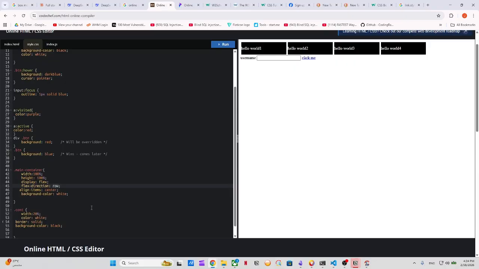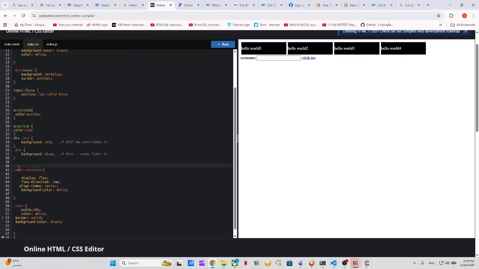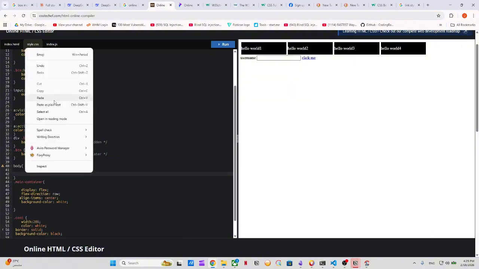Even though I gave it 100% height. Let's not give it 100%, let's just give it a specific height here, and let's add padding, or let's just cut this one, put it on the body, paste it here,